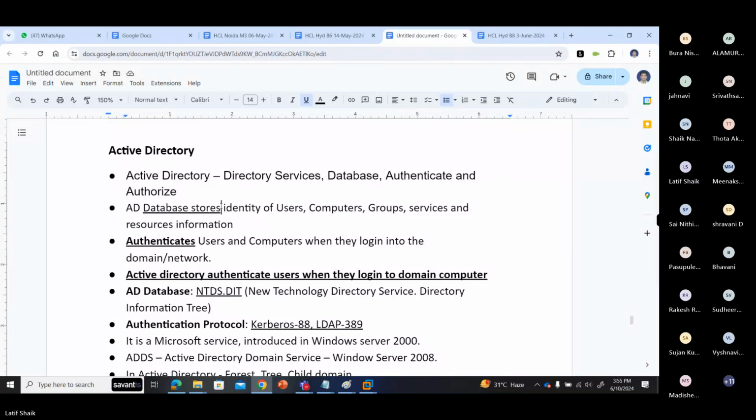ntds.dit. The database name is ntds.dit, New Technology Directory Service Directory Information Tree. And Active Directory also does authentication, right? It uses Kerberos and LDAP protocols to authenticate